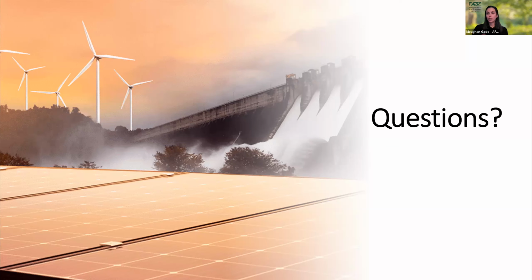So if a developer is building a solar facility, they'll be required by the Georgia Department of Natural Resources, for example, to relocate those gopher tortoises. And what we found is that if you relocate them, they'll try to come right back. They like to be where their home is. So that's really why we're seeing it, is because they're just trying to get back to where they were, like they were there first. So what Georgia DNR is doing right now, if they're being relocated, they do have to be sort of contained for a certain amount of time for them to establish a territory in their new home.